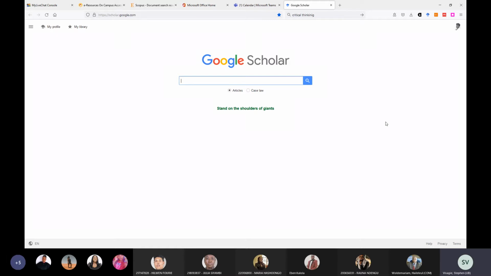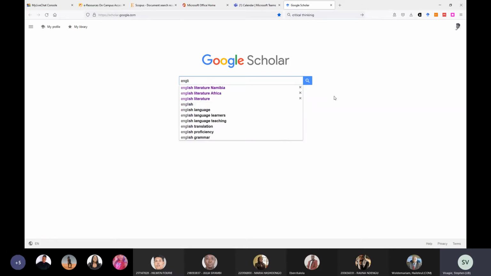Okay. So Google Scholar looks very similar to Google. It's a familiar interface. But the difference between Google and Google Scholar is that Google Scholar only sources its results from academic level sources like library databases, publishers databases, academic social media like ResearchGate, and open access sources. So it cuts out a lot of the junk that you would find with a regular Google. So if I type in English linguistics,